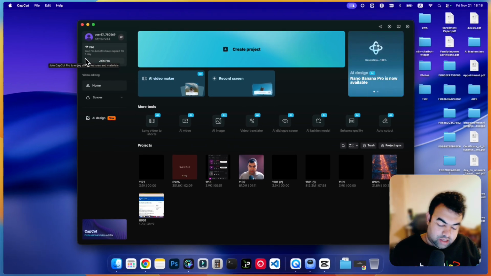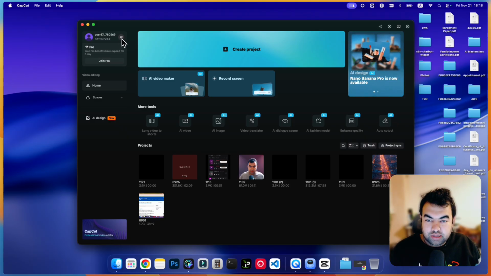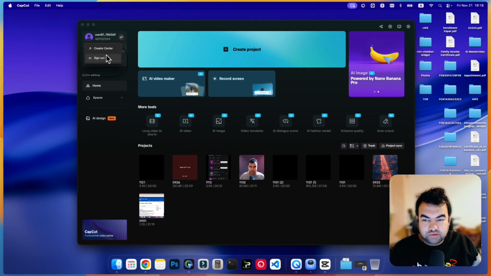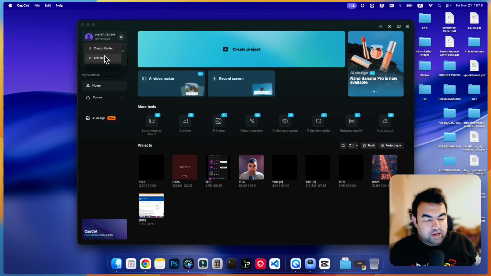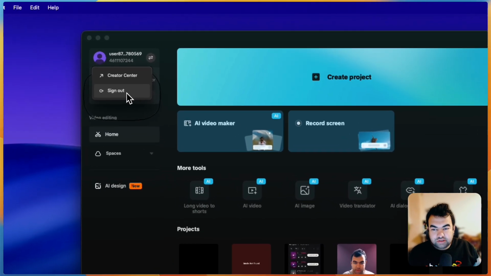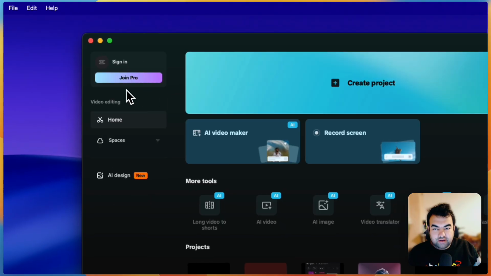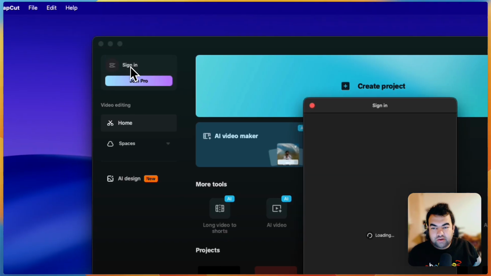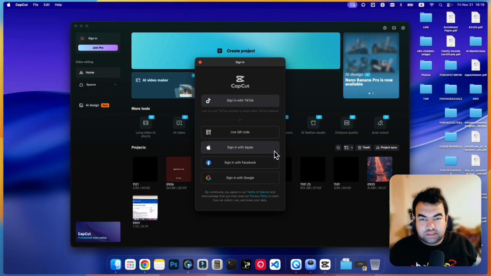From here, under users, you just need to click on this arrow icon, and once you click here, you can see this option to sign out. So just click here and sign out from this account. Let's do it. As you can see, I clicked on sign out and now my account is successfully signed out. I can now click on sign in, and again I'll just log in with